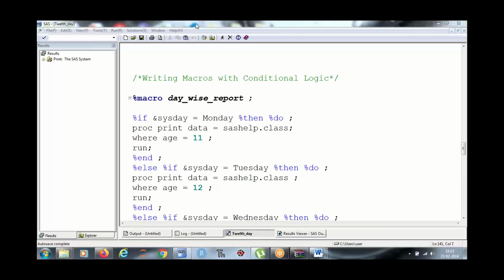In this case, &SYSDAY is an automatic variable which will return the system day. So this will resolve it. That system day is Sunday too.